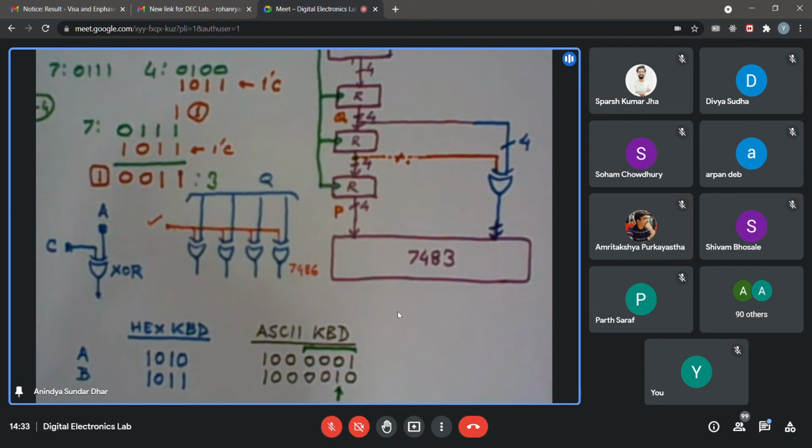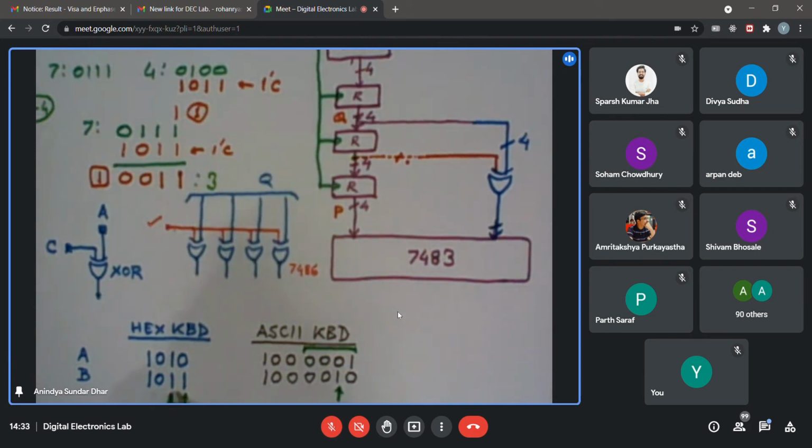Achha, there is just one thing we may check over here. If I use a hex keyboard and use just that LSB, then what will happen, as a byproduct or side effect, is that keys other than A and B can also have the same effect as addition and subtraction. Because I'm just looking into the LSB, I'm ignoring the higher order bits.